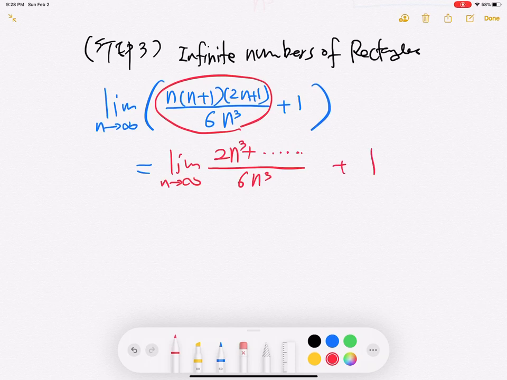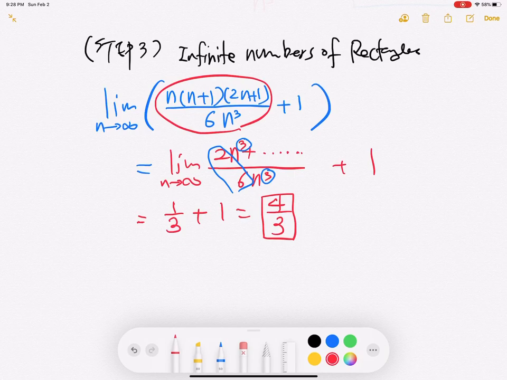This is an infinity over infinity form. So we compare degrees, and the top and bottom have the same degree. What is the answer? The leading coefficient ratio is always the answer. Okay, you learned that in pre-calculus class as well. So 2 over 6, which is 1 over 3, plus still 1,